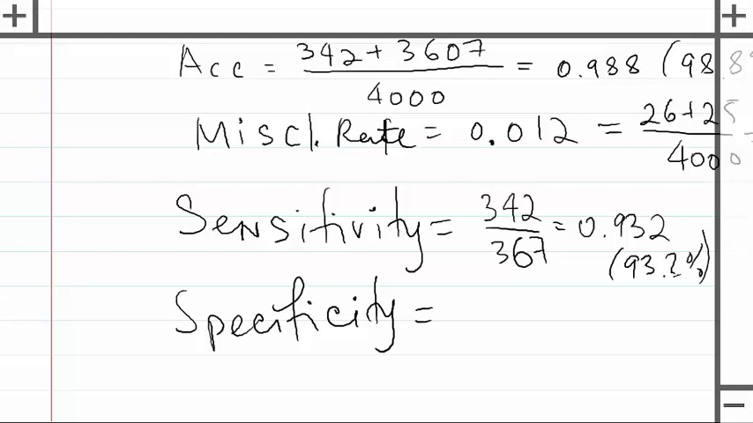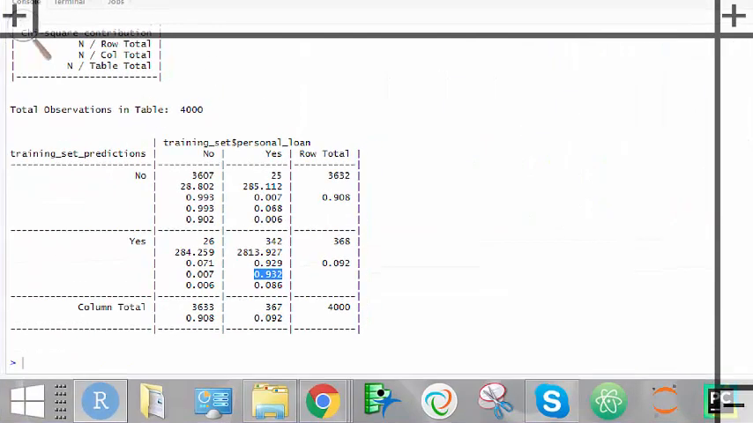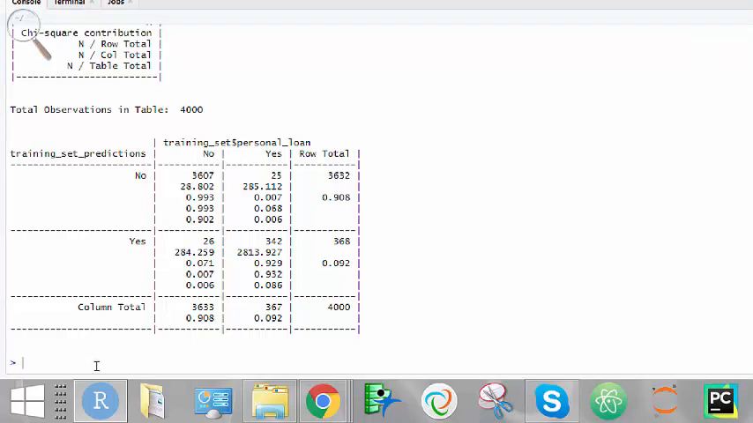Okay, specificity. Now we need to remember that there is a second category, which is not our primary target, not that much of interest for us. That's no responses, right? Still, I want my model to be able to predict those no responses nicely, okay? And that's called specificity, okay? So specificity is this. Out of